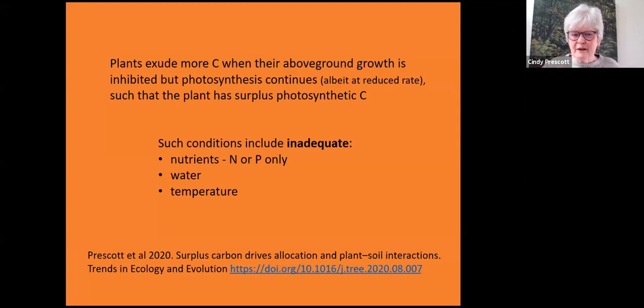I'm going to pause there to find out if you have any questions about that, because it's very peculiar, and it's been well demonstrated, but the plant physiologists for some reason cannot cope with this fact because it doesn't fit with their mindset about plants being somehow perfectly adapted and this is just efficient. And they're so used to thinking about photosynthate and carbon being the limiting factor. They cannot think about plants actually having a surplus of that,